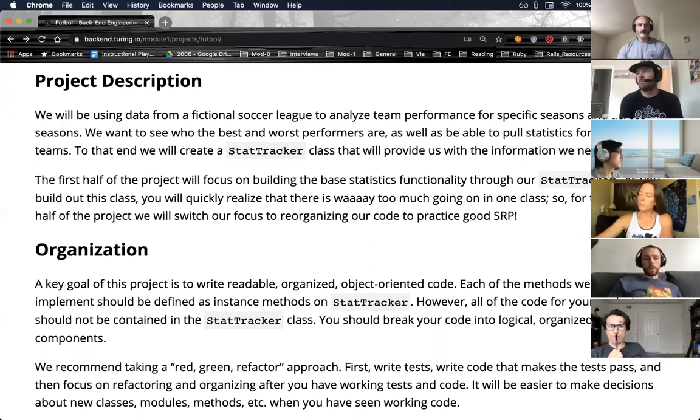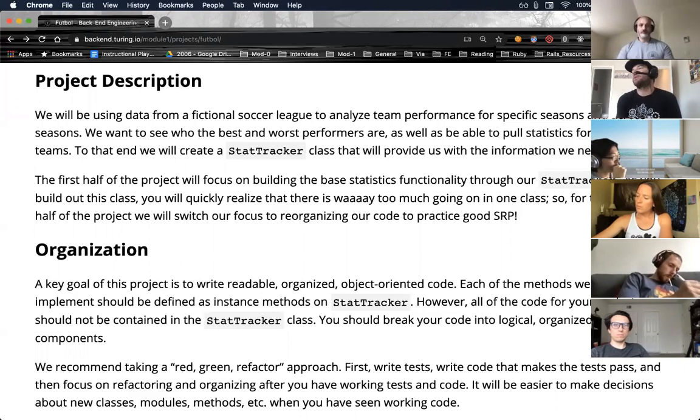I got a question, Tim. Yep. What is single responsibility principle exactly? Yep. So it's this idea that your class does one thing and does it well. If you have a ship object, it is only worried about the state of itself as a ship, and it only has methods that pertain to a ship, right?